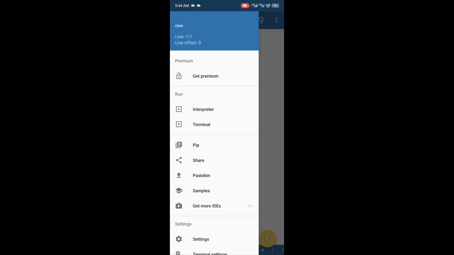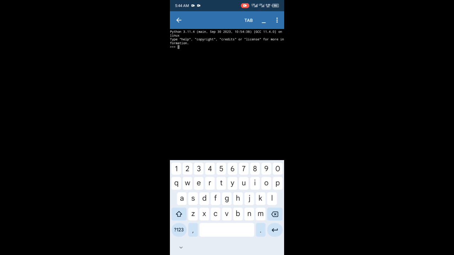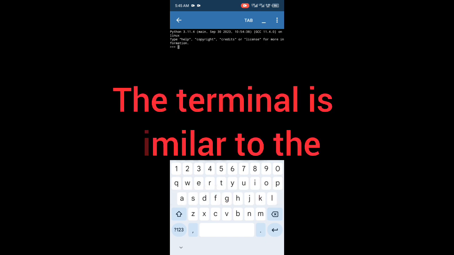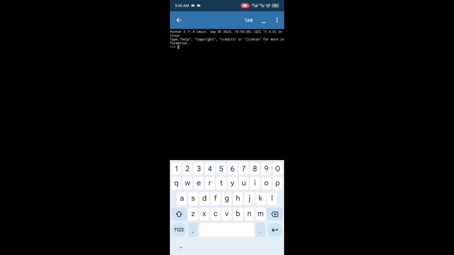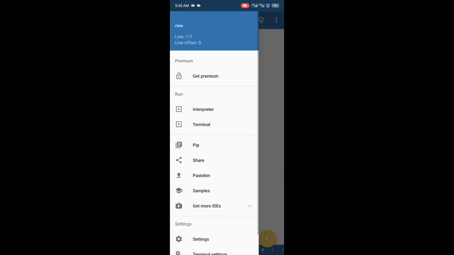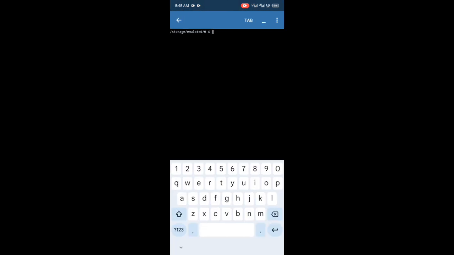So when I press the terminal, they will take me to the normal terminal, similar to the one on the computer interface. So you can do anything from the terminal. So when I go back and I select again, I can go to the other one, which was an interpreter. So this is a terminal now. Again, this is similar to the one of the computers themselves. Can go back